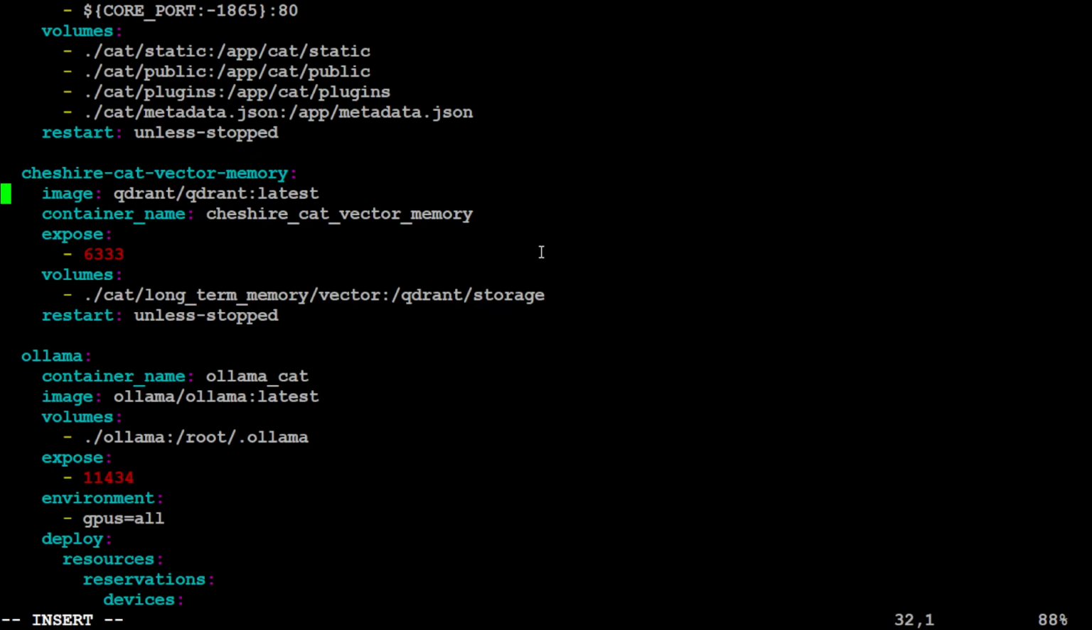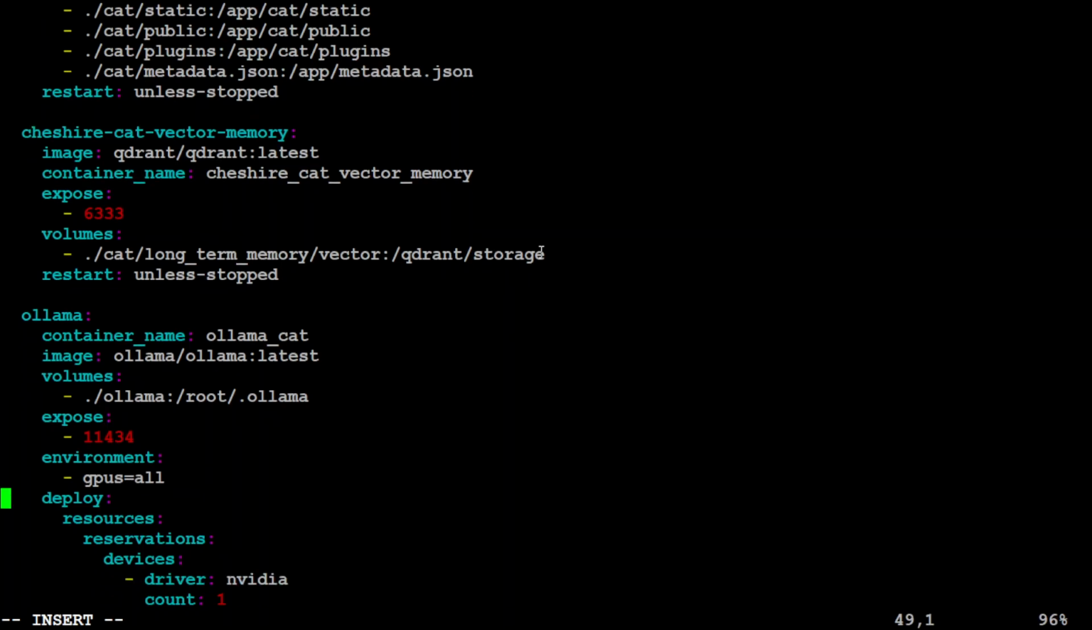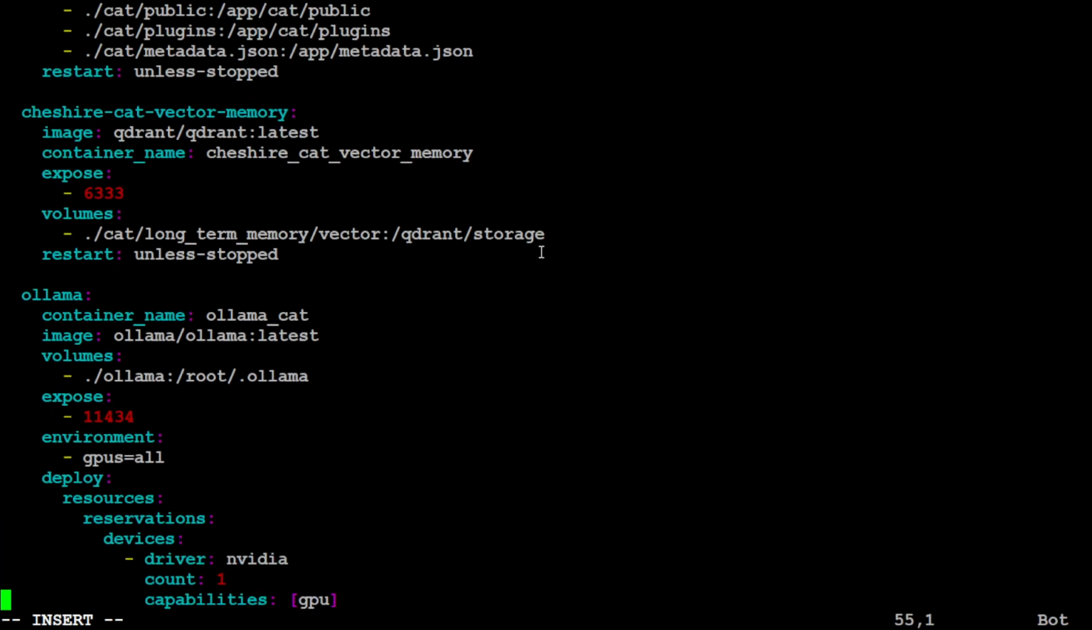This is another service for your vector database, which is Qdrant being used here. And then we are also using Ollama's latest image. And because I'm using a GPU, I have just put GPU for all. So let me save this file